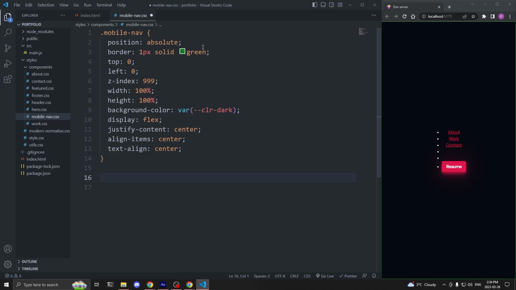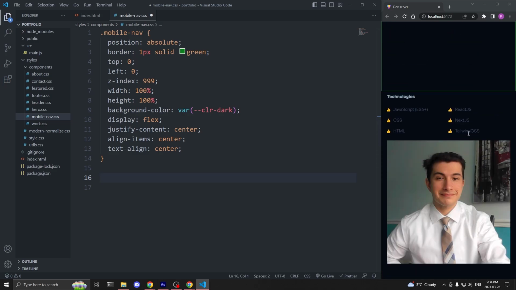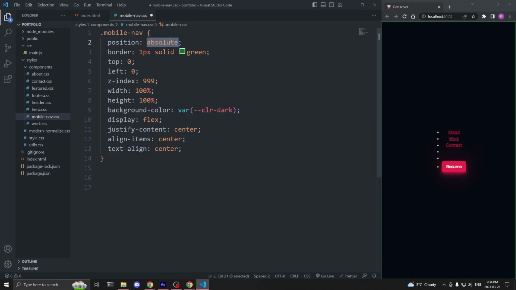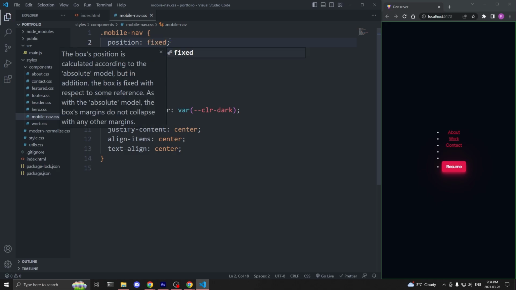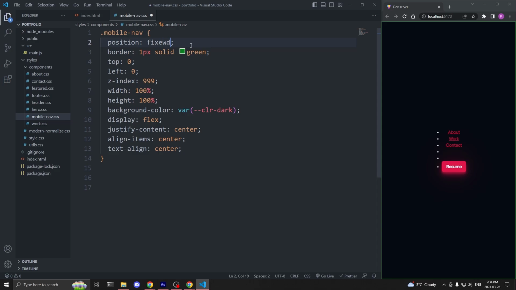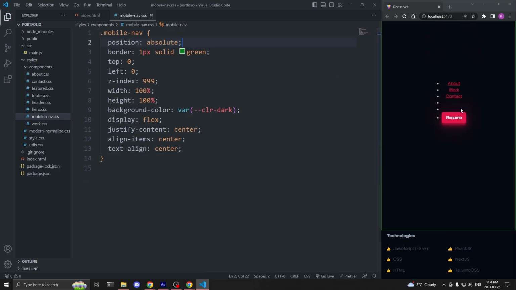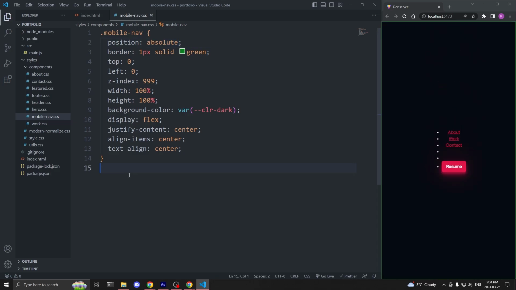However, if we scroll down, we see we're in the About section. We could use a position of fixed instead of absolute, and we see when we scroll, we're still in our menu. This is fine, but later on with JavaScript, I'll be removing the scroll bar entirely when we enter our mobile menu. So I'll change the position back to absolute, although if you want, you can leave it at fixed, it doesn't really matter. The next element we need to style is the unordered list, so I'll select it by its class name of